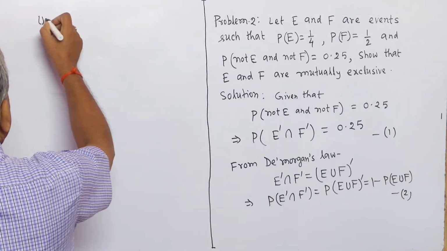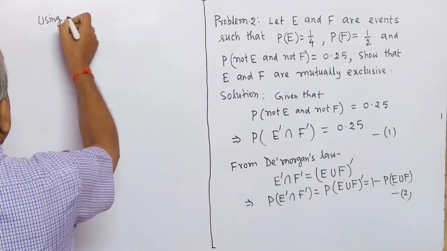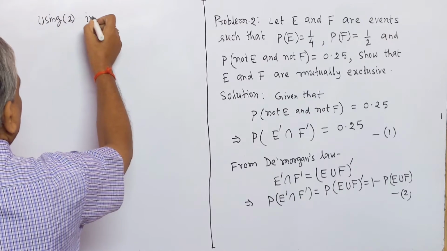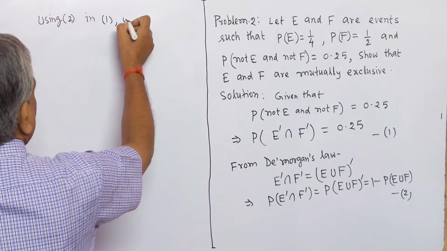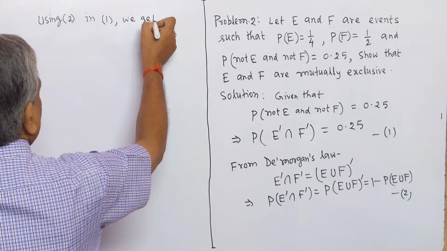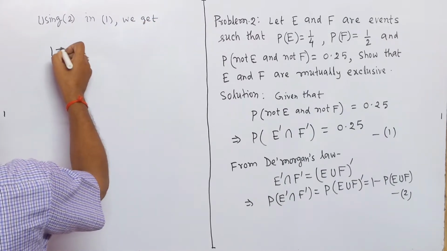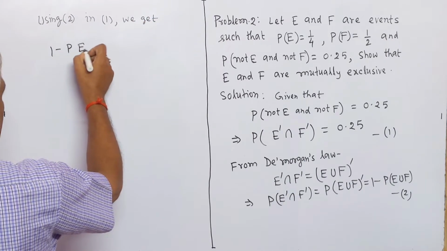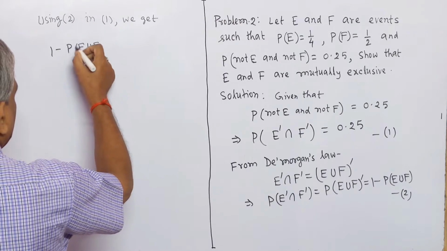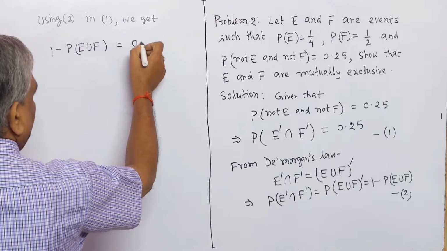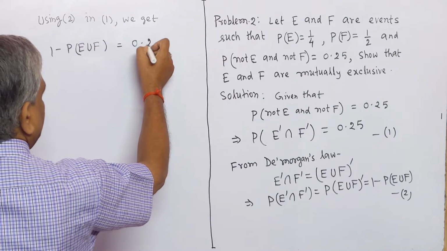Using 2 in 1, we get 1 minus P E union F equal to 0.25,